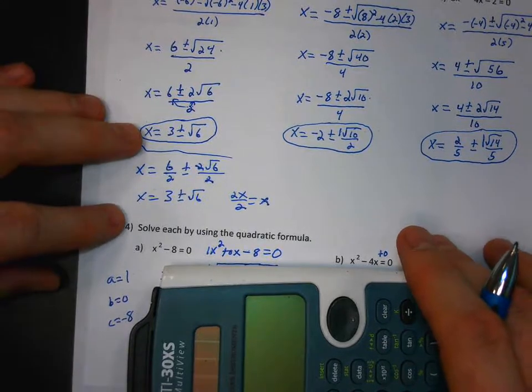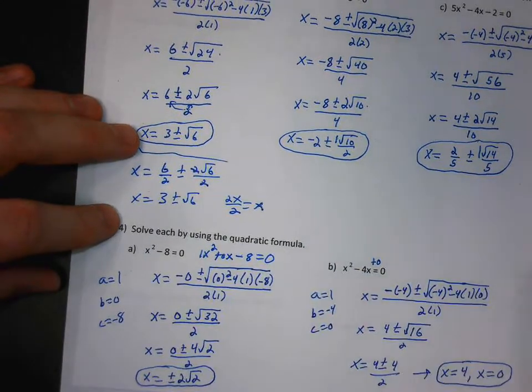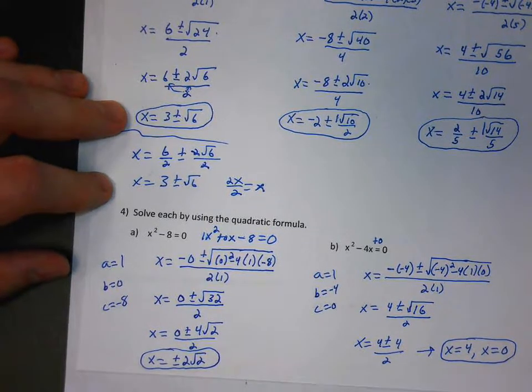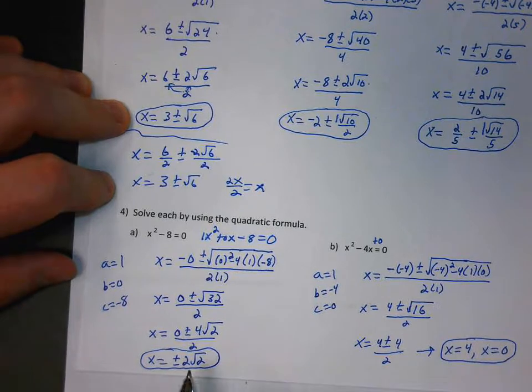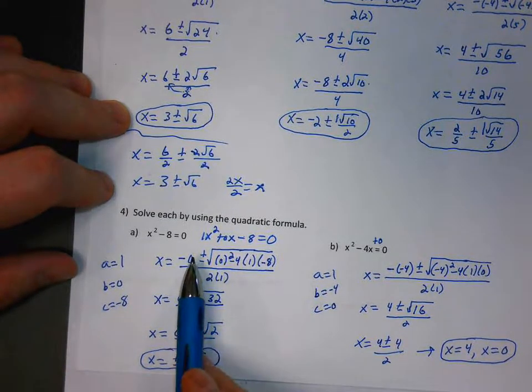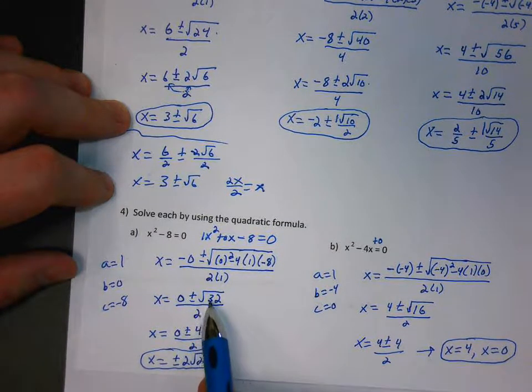Okay, so here are the answers. So in part A, with the b value equaling 0, a negative 0 is just 0. And then add or subtract the square root of, in this case, 32. And if you use your calculator to break that down, that'll give you 4 square root of 2. Well, when you